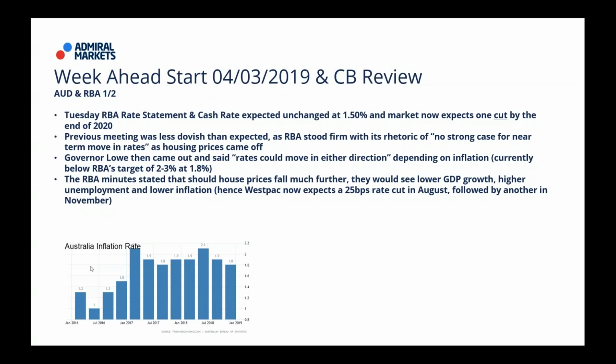And Westpac is ahead of the RBA, which is not difficult because central banks around the Western world tend to be months behind the curve. And Westpac has probably a switched on model and they expect a 25 basis point rate cut in August, followed by another one in November. Is the Aussie a long given this scenario?